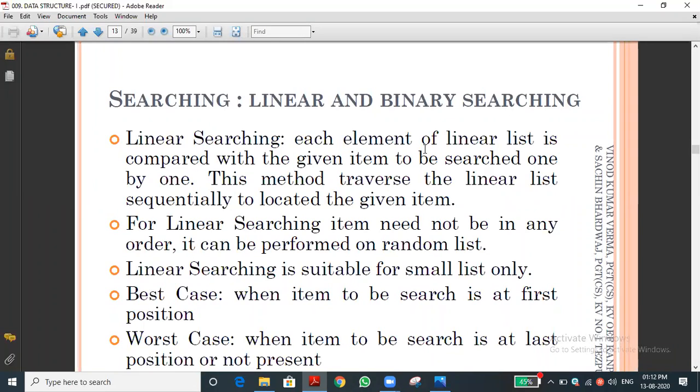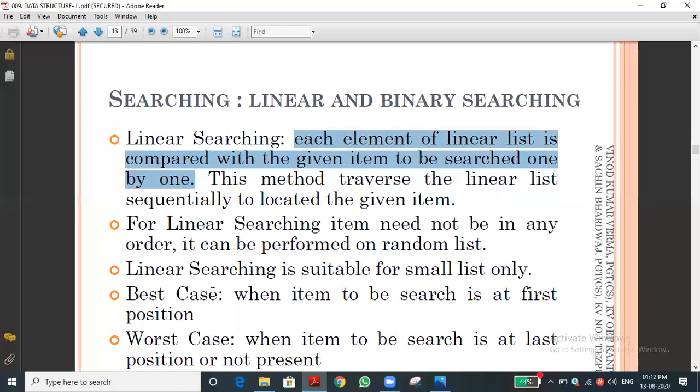Okay, that is linear search. We are searching for an element one by one. That's what I am reading in the sentence. Searching an element of a linear list is comparing with the given element to be searched one by one. For example, if the searchable element is 5, we are comparing with a of 1, then a of 2; I am saying the index, first element, second element. Like this we are searching, whether it is equal or not. If it is found, then we have to get in which location or which position it is there. That is the linear search.